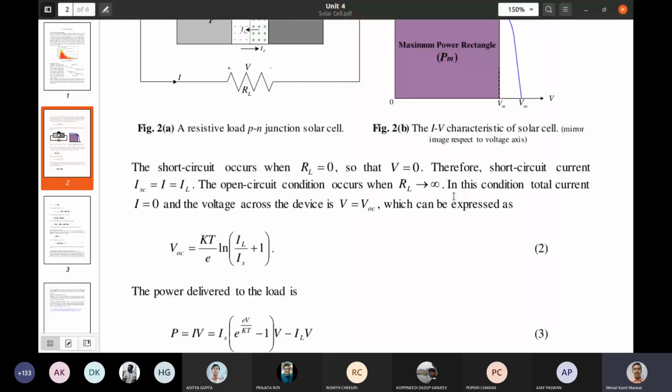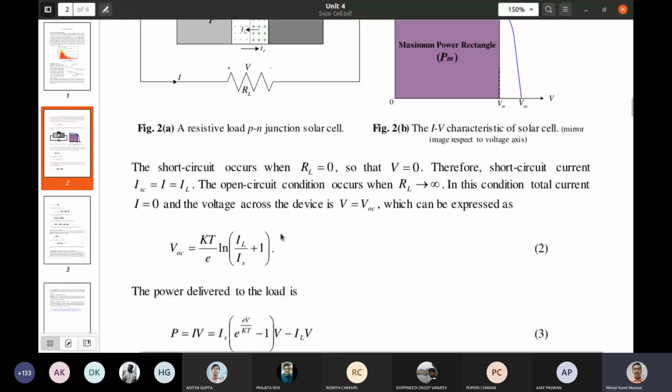In this condition, the total current in the circuit is zero. There is no current flow through the external circuit. Current zero means no current in the external circuit. The voltage across the device will be V equal to VOC, that is the open circuit voltage, which can be